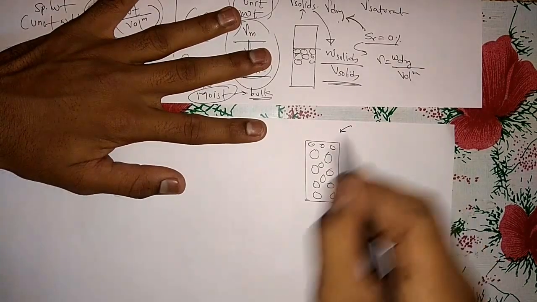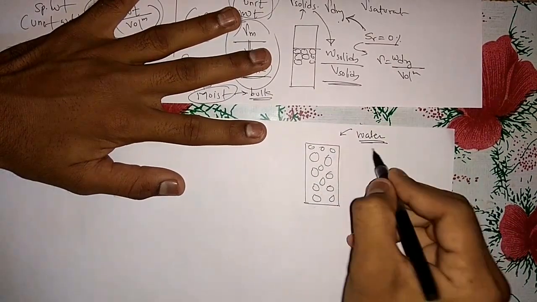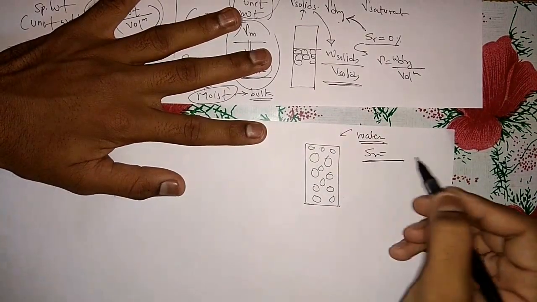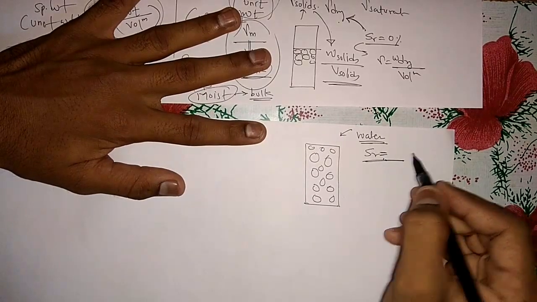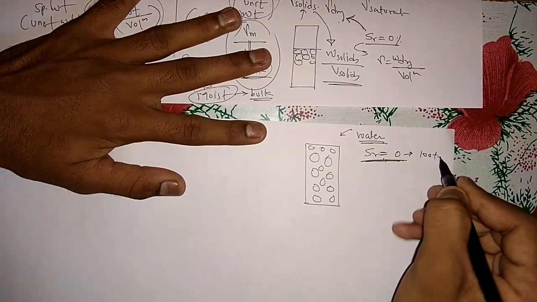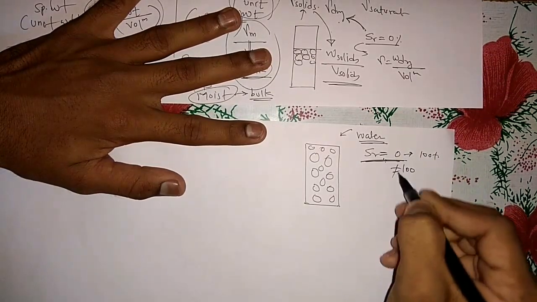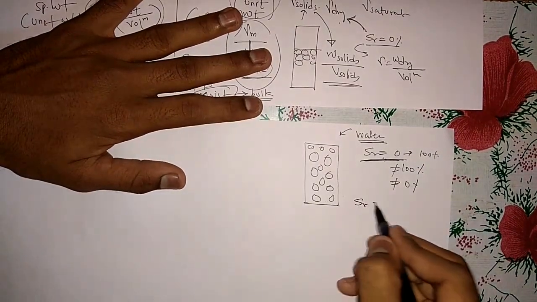You just try to fill up the voids. So when you try to fill up the voids with water, then the degree of saturation will go on increasing. This degree of saturation can have any value between 0 to 100%, but not equal to 100%, and not equal to 0%. So on the basis of degree of saturation,